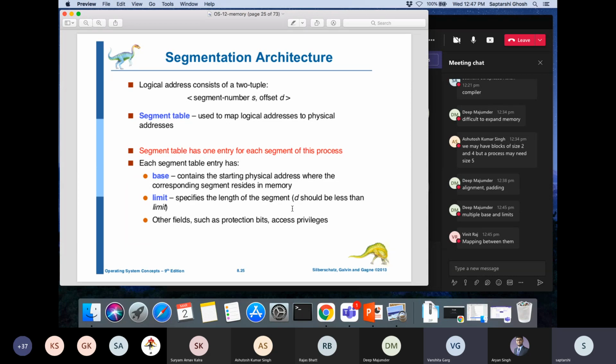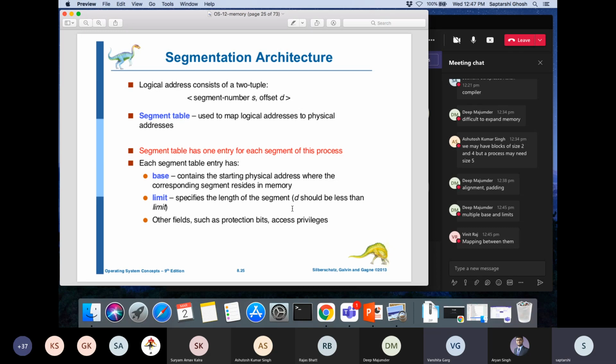Also, there are other fields in a segment table. I'm not going into details. Look up the Galvin book. So there are things like protection bits, access privileges, and so on. We are not discussing those in detail, but we expect you to read the book. But essentially,